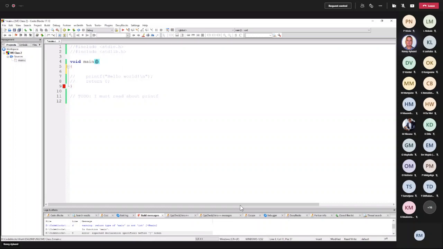The same with these brackets. If you put your cursor next to them, you'll see that they highlight in blue as well. So if I take away one and I put my cursor next to that one, you see it's red again. So for the brackets, the rounded ones, and the braces, the curly ones, if you place your cursor next to it, it will highlight them either in red, meaning that you are short one, or in blue, meaning that it has found its mate.